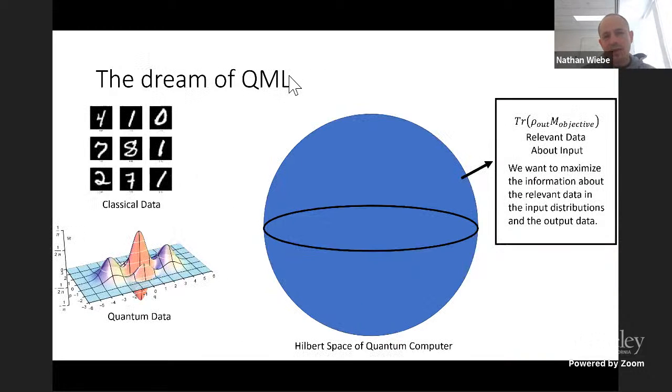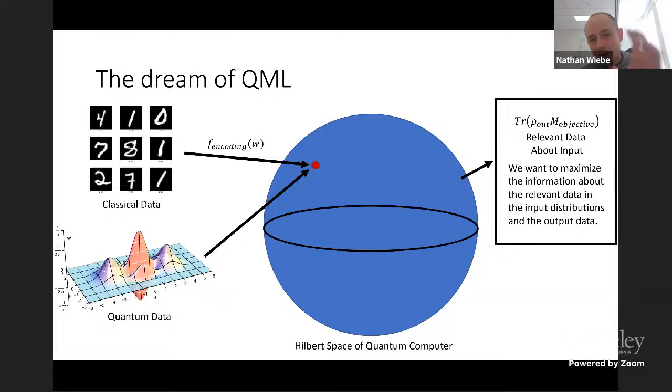And, just to give you an idea about how this works schematically, all of these algorithms end up working the same. What we do is we need to begin with some data that we would like to learn something about, or we'd like to classify. In order for us to use a quantum computer to do this, we need to map that data from whatever representation we start with to a state in the quantum computer. This is often done by some encoding transformation, which you can view on the classical side as even run by its own classical neural network that might compress the data into a small representation